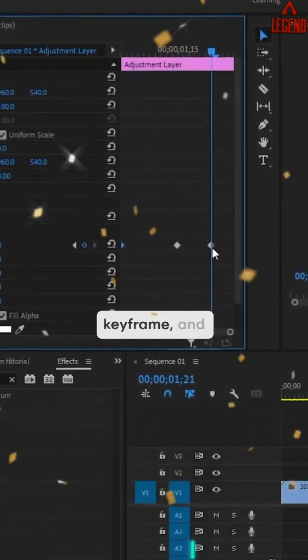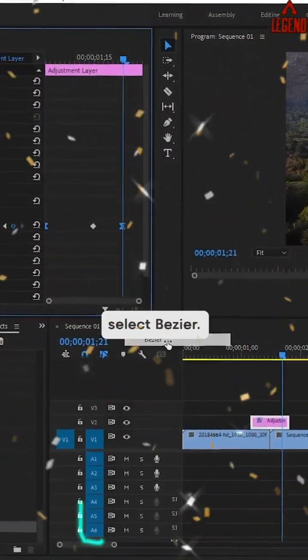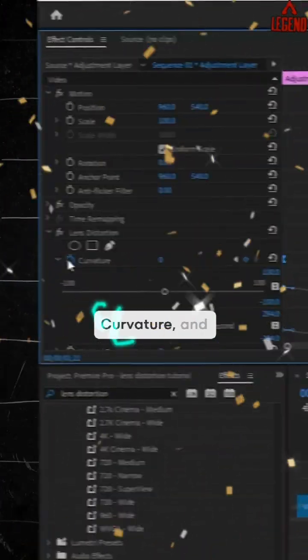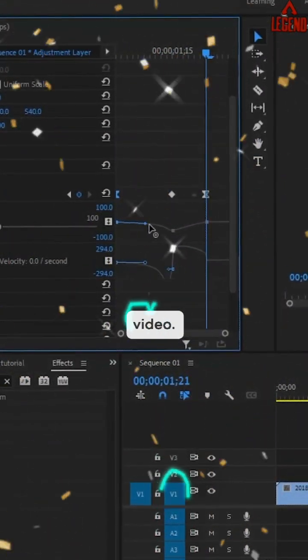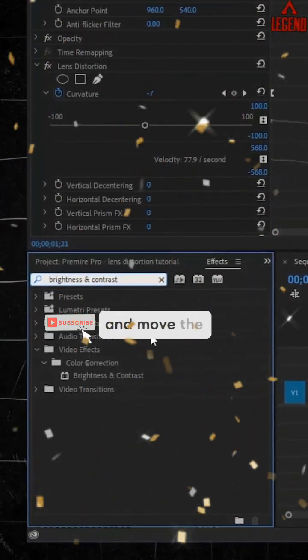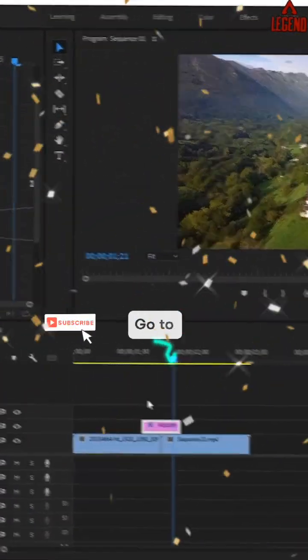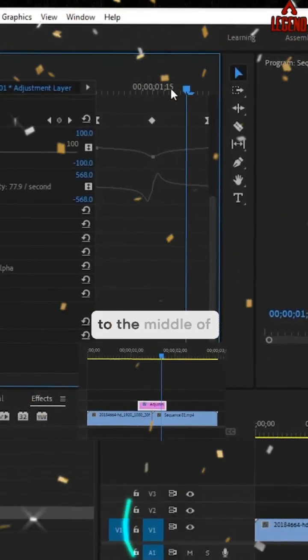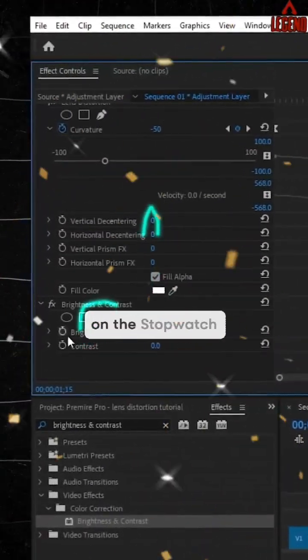Select the first and last keyframe, and select Bezier. Next, click the arrow next to Curvature, and adjust the graph according to the video. Go to Effects, find Brightness and Contrast, and move the effect to the adjustment layer. Go to Effect Controls, move the cursor to the middle of the adjustment layer, and turn on the stopwatch for